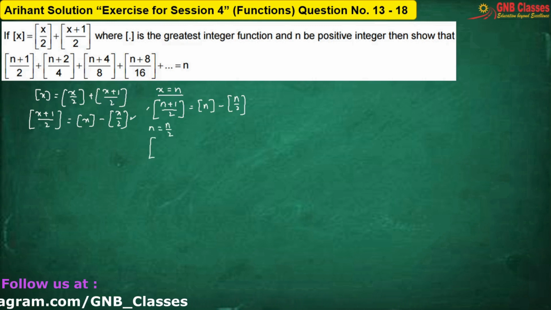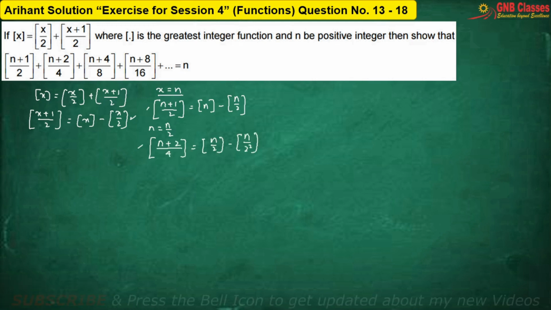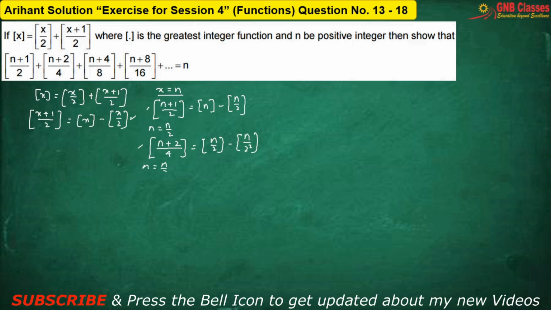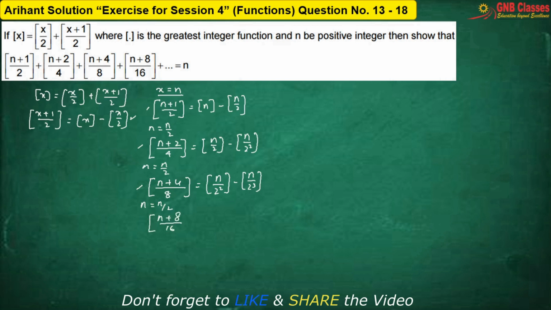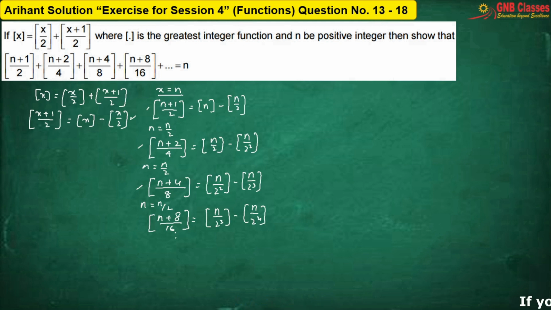So, after simplification, again in this equation, you write n by 2 in place of n, we are getting, again in this equation, you write n by 2 in place of n, we are having, and this thing goes on. So, the right hand side of the nth term will be,